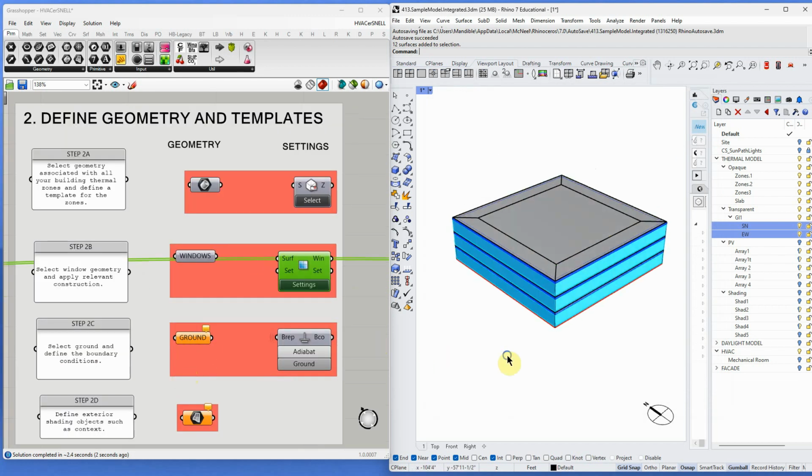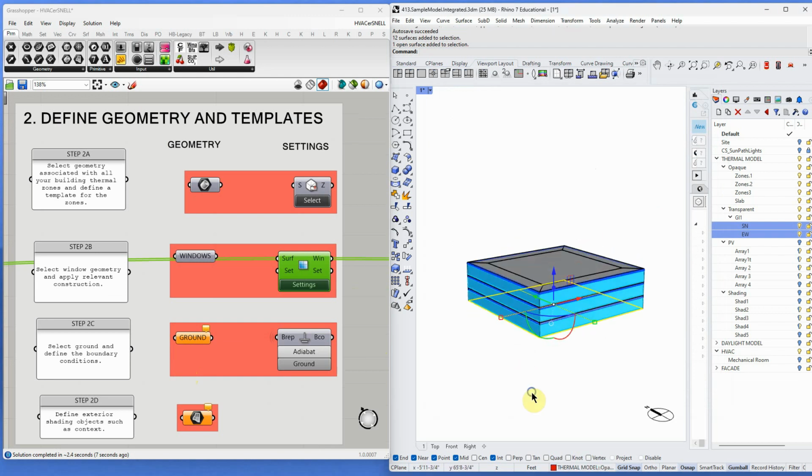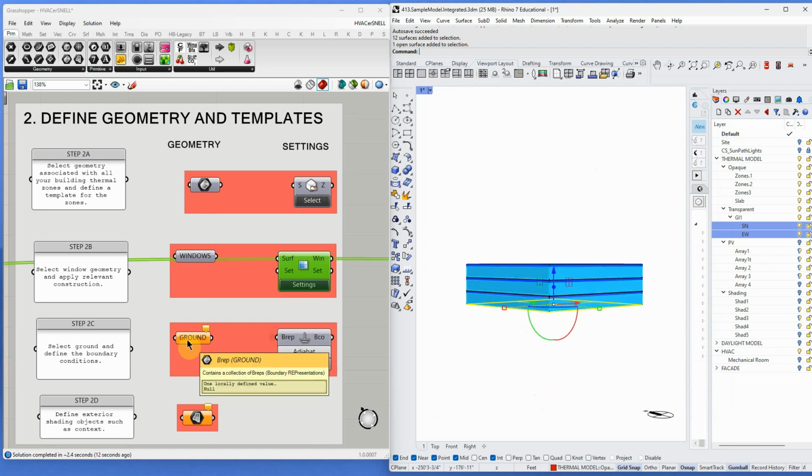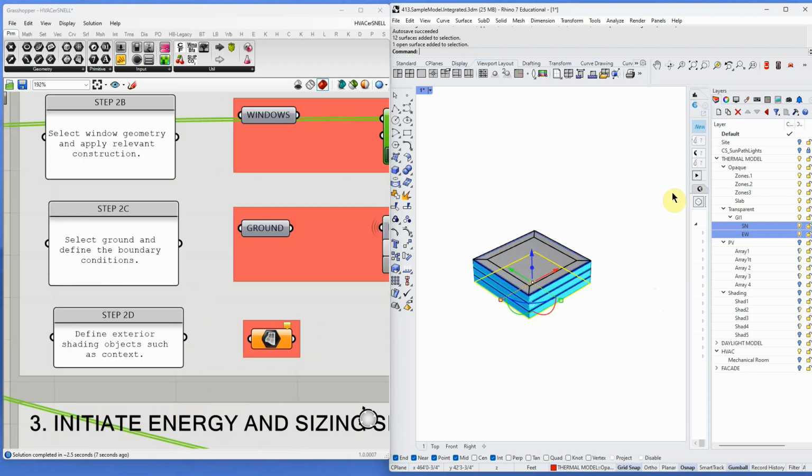Next thing I have to do is set the ground plane or the ground. Because remember that, of course, air is different than ground thermally, so we need to identify where we're hitting the ground. I will set that B-rep as the ground. And we could add shading. So if I had, and you should do this if you were doing this for an actual project, if I had a context site here, so if I had a building here on the south side,